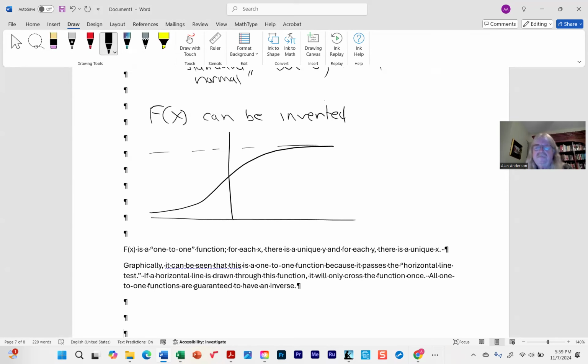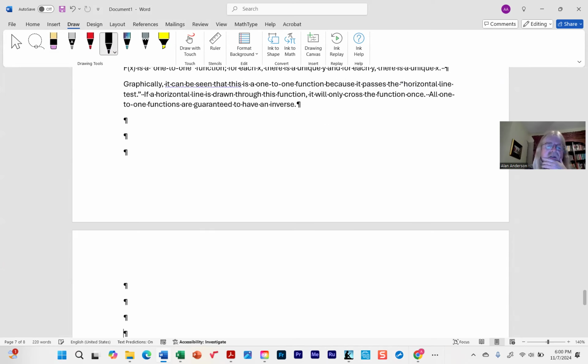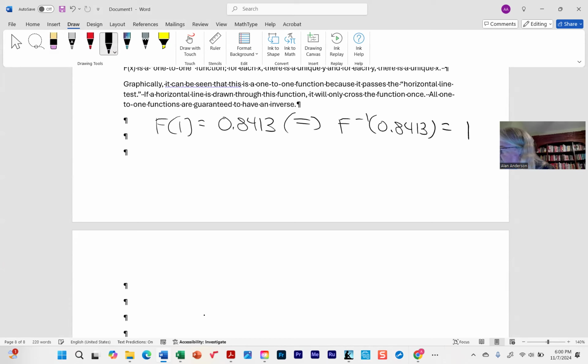So just by looking at this, you can tell. The horizontal line test means that no matter where I put a line, it'll never cross more than once. So F can be inverted. And how would that work? So, F of 1 equals 0.8413, meaning